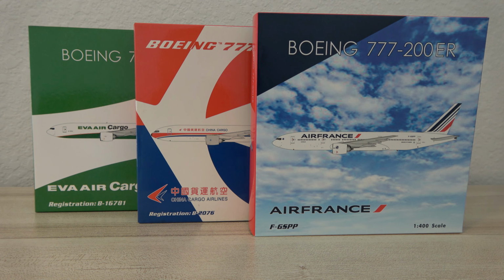This one does not have the antennas, so it's a bit of an older one. It's definitely older. Actually, this is probably older than the Eva Air Cargo because this is the same mold, I'm pretty sure, but it does not have any of the antennas that the Eva Air did have. As I say, you could tell with that packaging, the plastic, it's yellowed, so it's definitely a whole lot older. I'm pretty sure I got this from a collection sale on Waffle Collectibles. But anyway, we're gonna pull that to the side, and the last but not least is the Air France, which